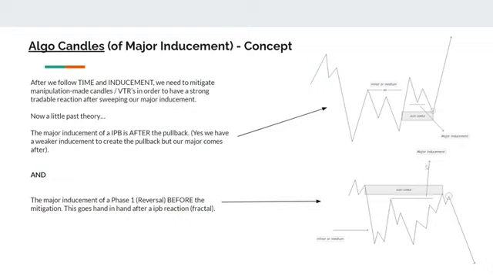Okay, so where are we going to look for our algo candle? We're going to look for our algo candle after the pullback, because the main inducement's here, and we're going to look for our algo candle before the mitigation, because it's a major inducement here. Okay,